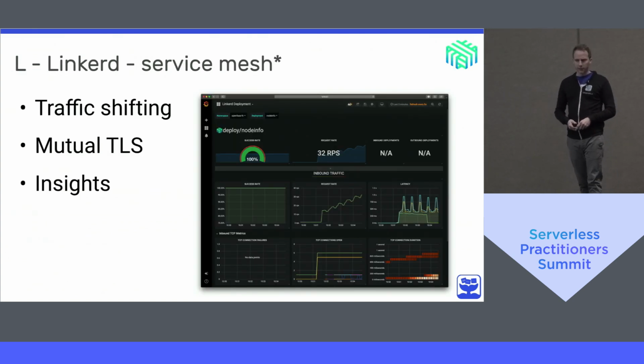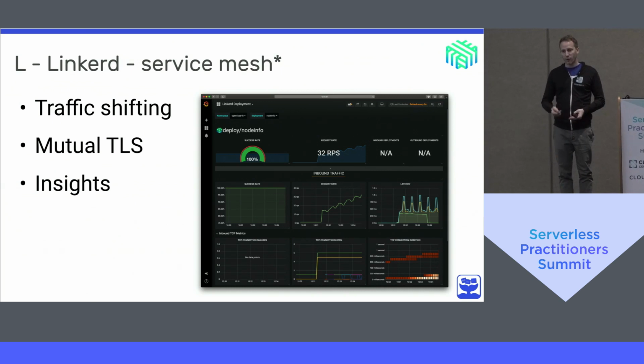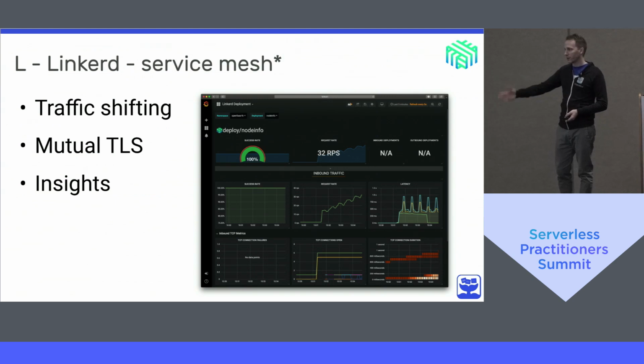The other one that I wanted to mention was Linkerd. And again, the guy from Optum came up to me this morning and said, well, we're using Istio with OpenFaaS, so both are fair game. What you might want to do with this is to shift traffic between versions. I think this already came up earlier today. The basic idea is that you may not want to have a new version of code and have all your traffic go to it at once. So without changing the OpenFaaS API, we were able to use this and simply create two functions and then another one with a primary name, and we can change using the SMI spec how much traffic is going to A or B,